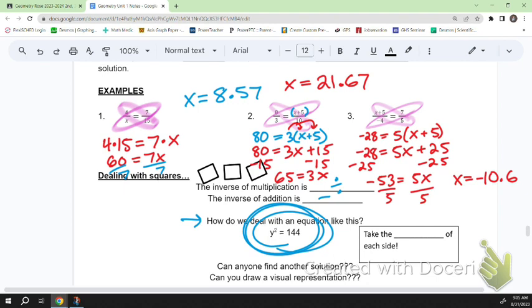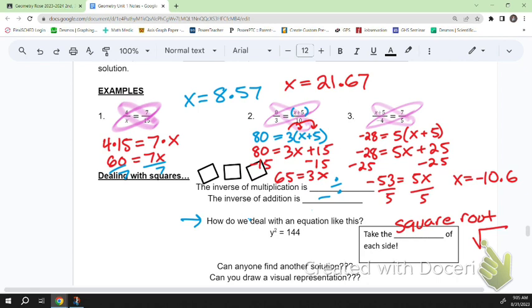Not dividing. Square root. Who said that? Who said that? Nice and loud. Square root. We're going to take the square root of each side. This is the symbol, square root. So we're going to solve this equation now. I'm going to